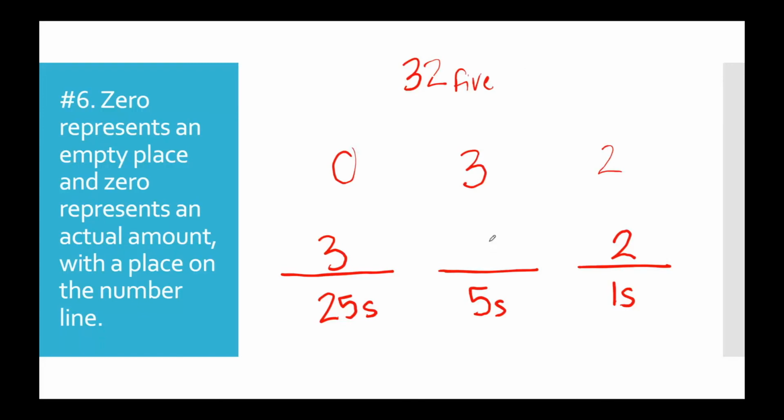So I still need to use 0 as a placeholder for this value of nothing in the fives place, so that when I write the number correctly, I write 302 base 5, and then every value is in its correct place. 0 still holds the same meaning and use no matter the base.